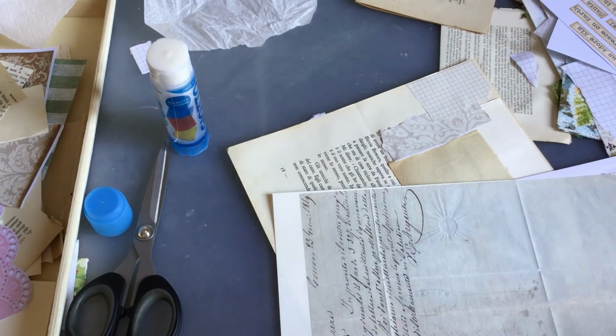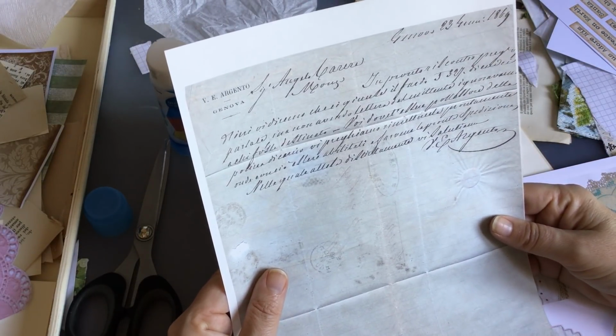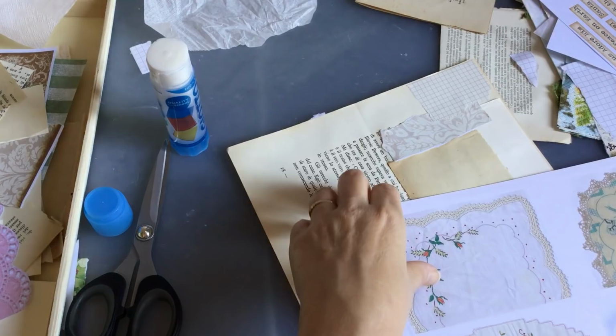1869. Oh, here's the other one. This is the other one. Yeah. V.E. Argento Genova. 1869. I've never tried to read them. I should try to read them. Anyway, yep, those will be...